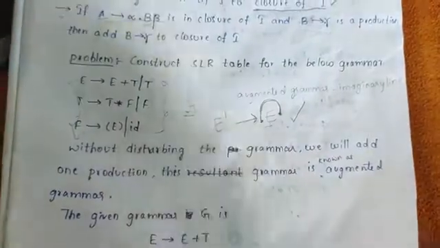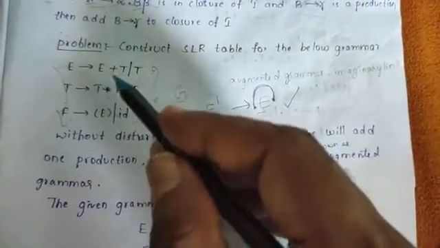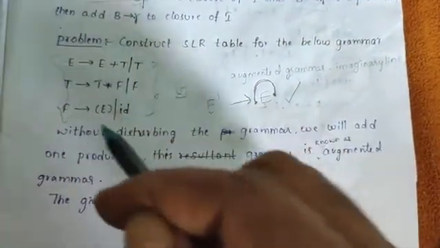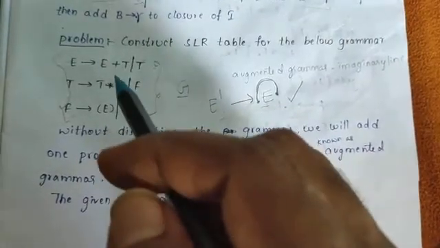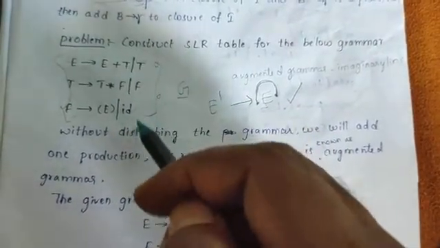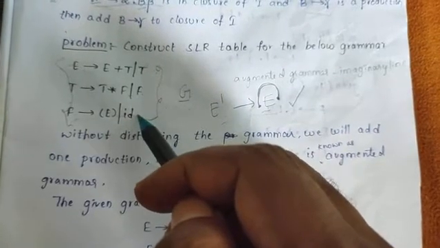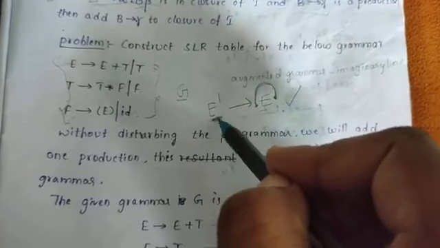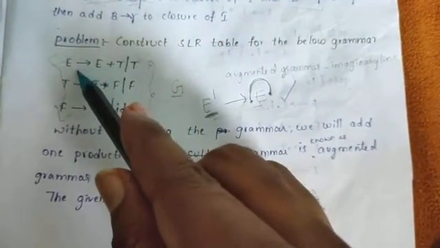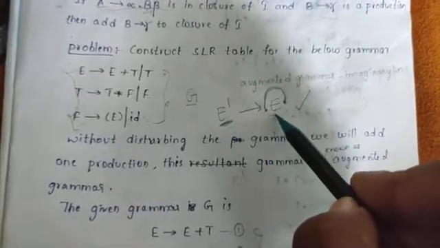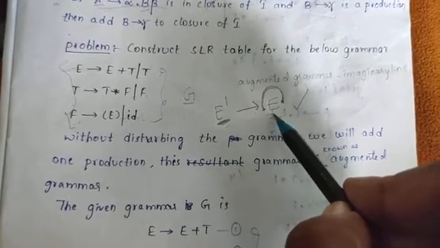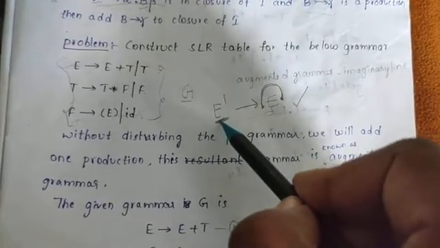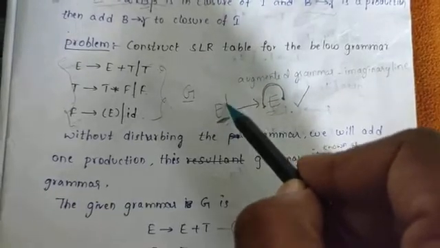For that reason, when you say all these productions should be completed, there is no possibility of indicating that all these productions will be completed. So for that reason, we will take one dummy root element. Here is the starting root element E. For easier identification, we are taking one more thing, that is E dash tends to E. Here this is an augmented thing.